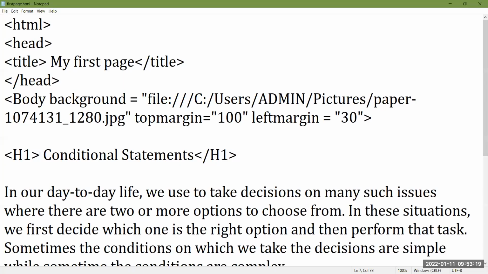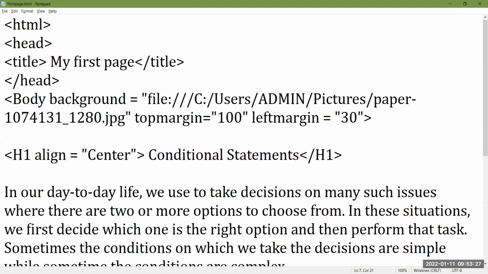Now, if I want to specify the heading in the center, I can give align equals to center. So align equals to center, that is the name of the attribute that I am using with the H1 tag within the angular brackets.